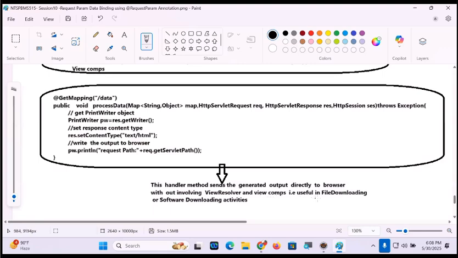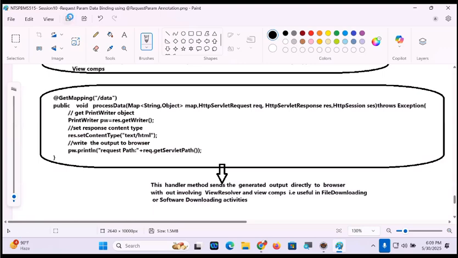That means it is useful in file downloading or software downloading activities, right? Already we discussed this: by using response, content type and disposition, we can send the response directly to the browser.